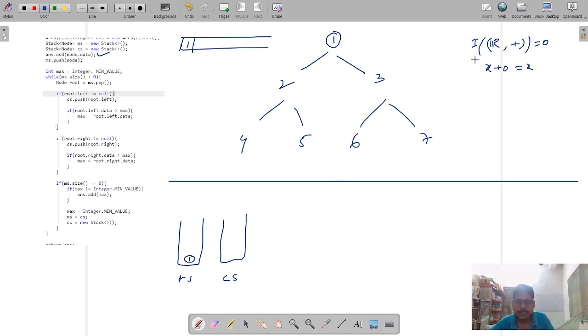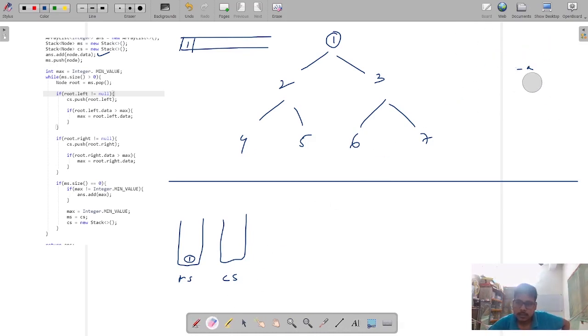What I am telling is that identity is something that when you do the operation, you get the value back. Suppose there is one value and there is your identity value. If you do some operation, you get this value. So in real numbers, the identity value for addition is 0. Similarly, for the max operation, which means the maximum number,